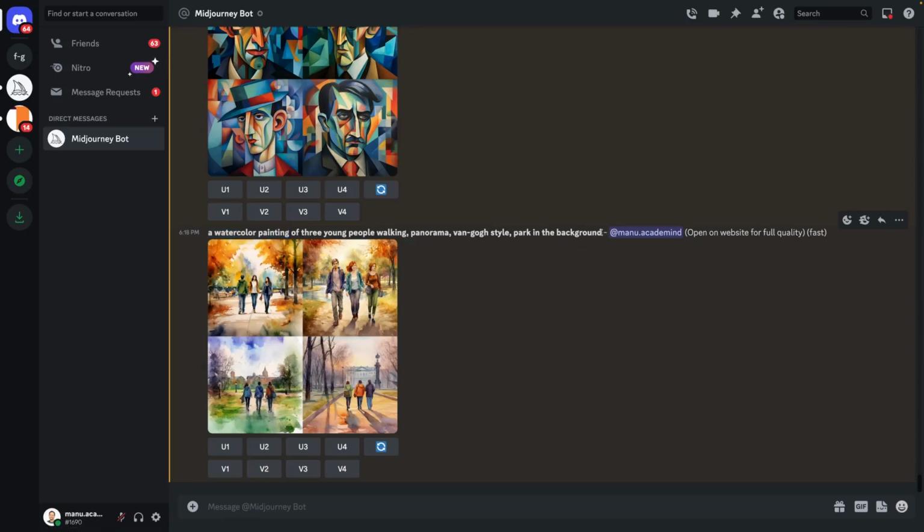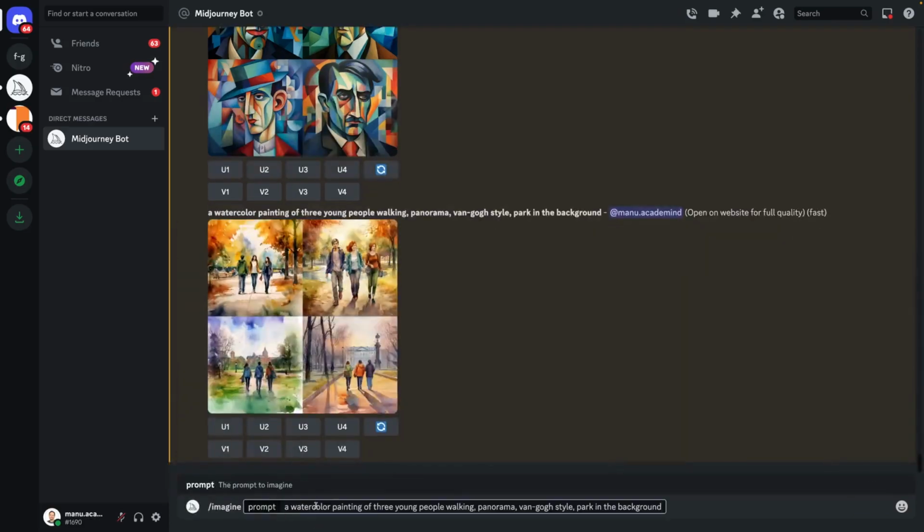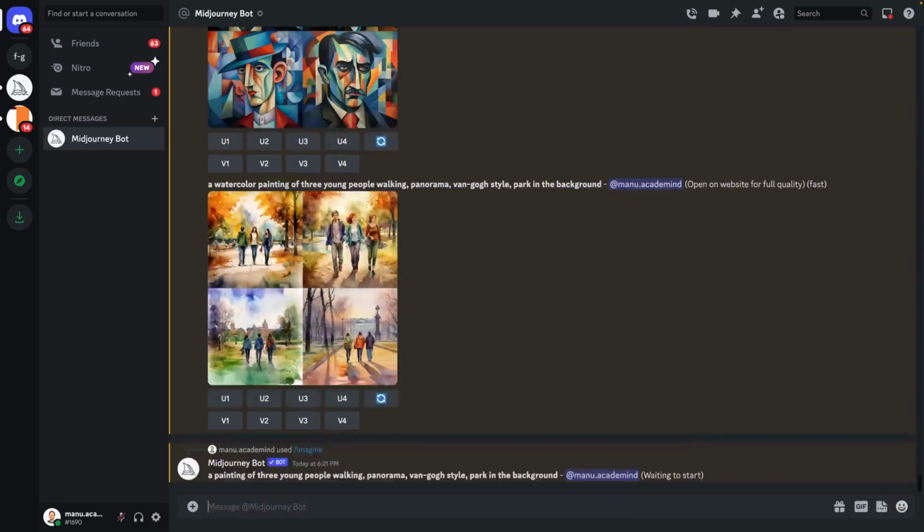If we would instead take this prompt once again, add it, and now remove the watercolor part, so it should just be a painting in Van Gogh style, then Midjourney should be able to better recreate this Van Gogh-like look of the image that it creates.